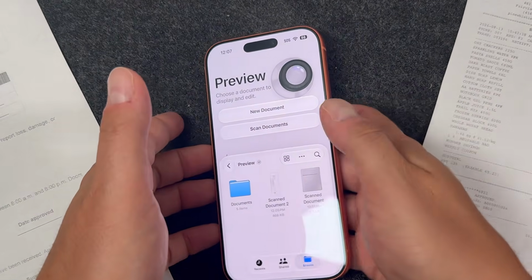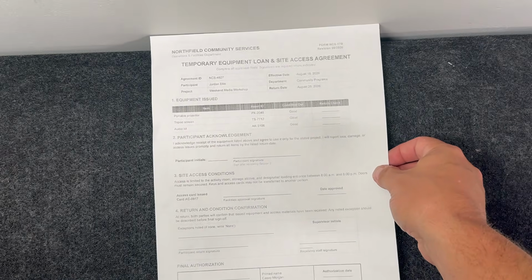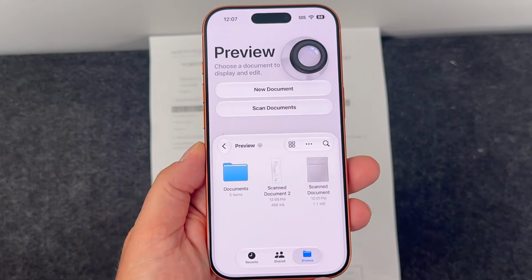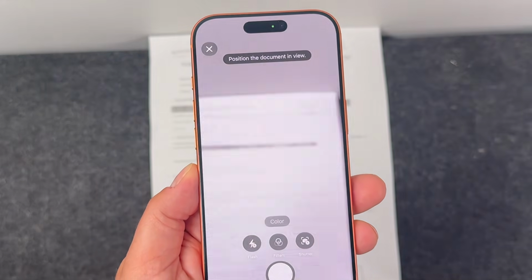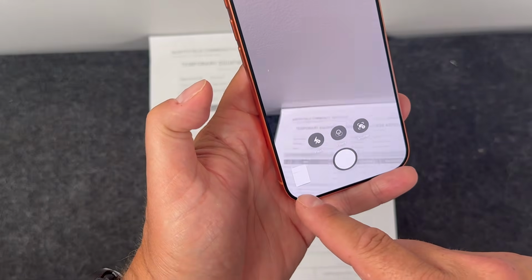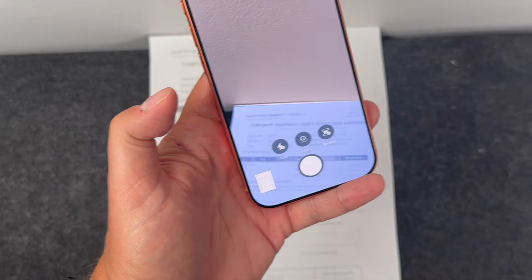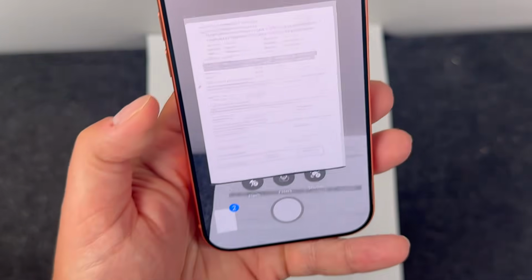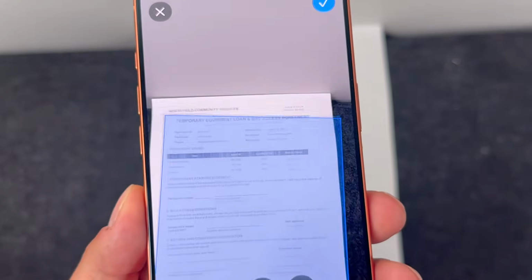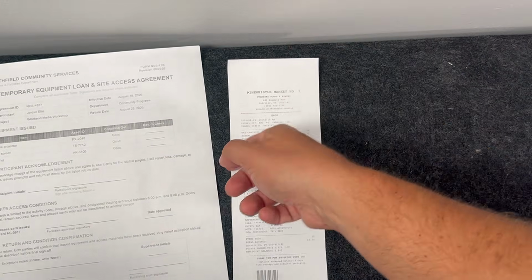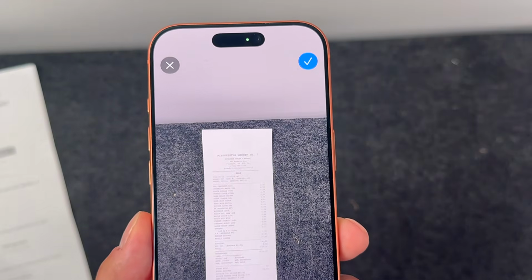To start, all you're going to do is just lay your document down. You want to have a contrasting background just to make it easier. Then bring the Preview app over, tap Scan Document, and it'll automatically position and scan the document just like that. And you can see it appears in the bottom left. I'll do another one here just for example. And it scanned it once again. You can scan multiple documents this way just by holding it over and it'll continue scanning. So if you had another one, you could just bring it over just like that, hover your phone over and it'll start scanning